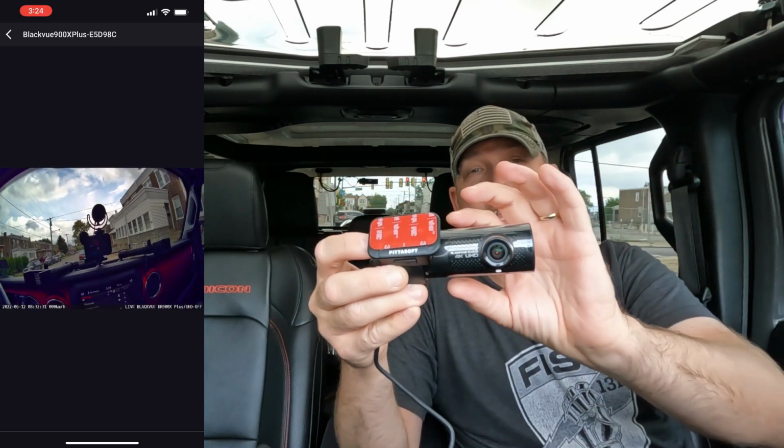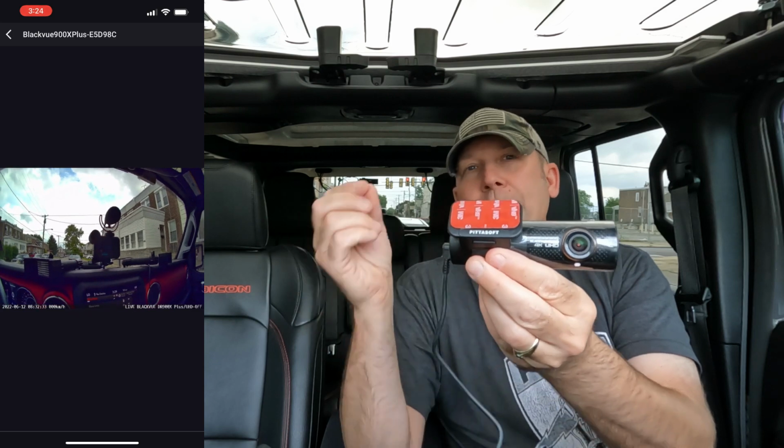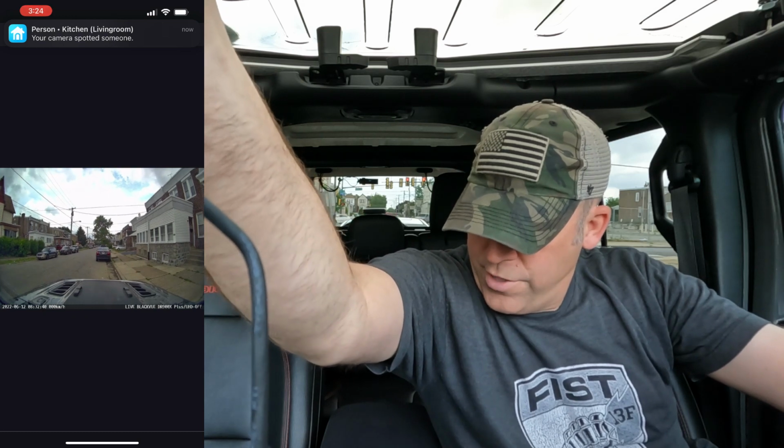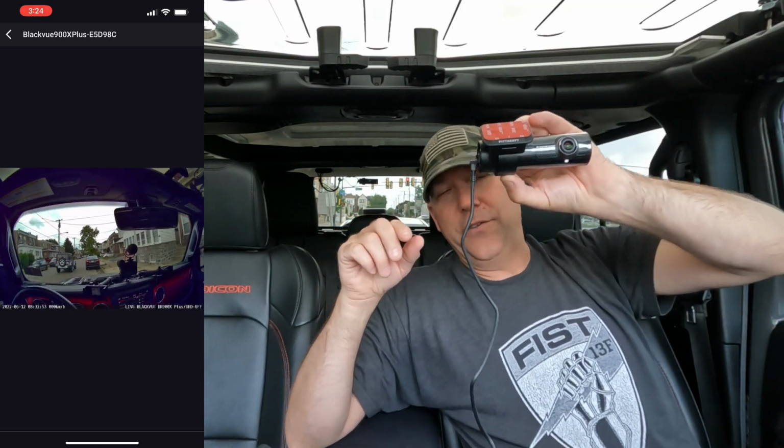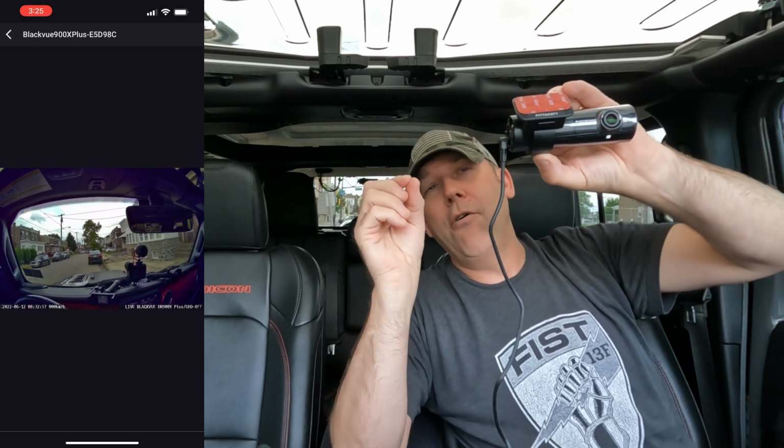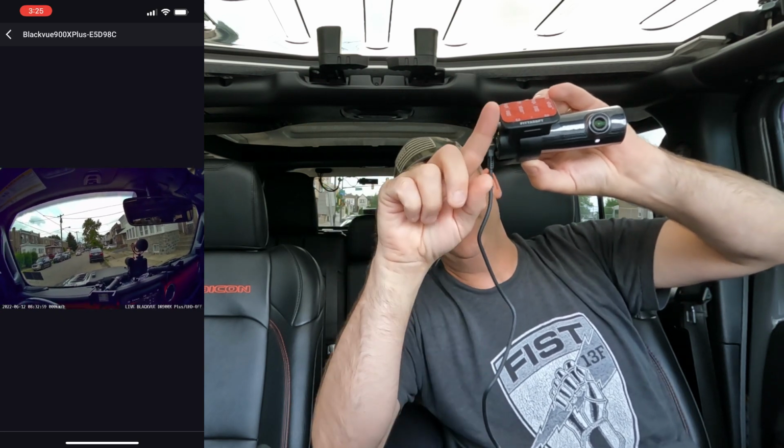If you have an alcohol marker that you can wipe off your glass, I suggest getting one, and I'll have it with me. Mount this on your windshield, press it up, and don't take the sticker off. Get it right where you want it to go. Press and hold with one hand, use the alcohol marker, and draw a little L-shaped angle where you want the camera mounted. While you have it pressed against your windshield and it's perfectly centered, take an alcohol marker, or a piece of tape, and mark it here